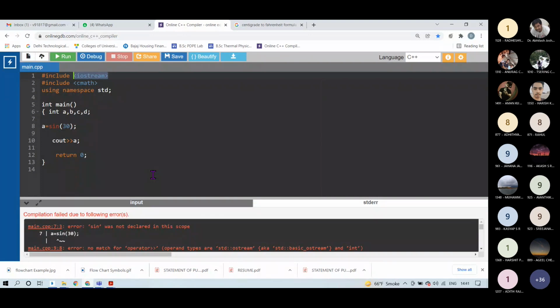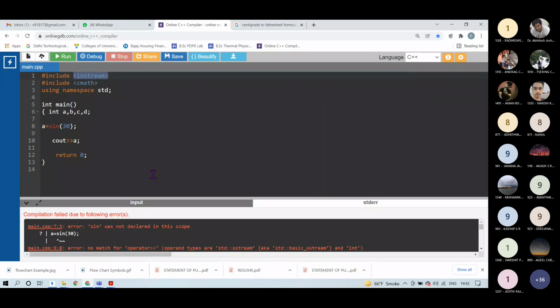This IO stream was a header file which enables us to perform these commands C out and C in. Taking input and output in a program requires this particular header file IO stream, which is input output stream. Similarly, to define these trigonometric functions and many more mathematical functions, I have to include this library CMath.